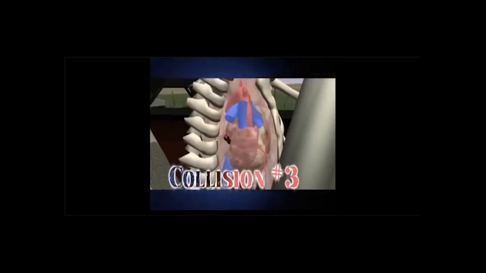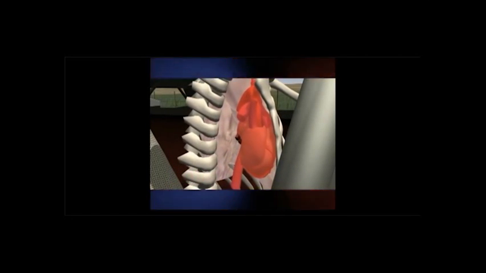The third collision is actually inside the body itself. Your heart, your lungs, your liver, your spleen, your brain continuing to travel at 60 miles an hour, and it slams up against the interior components of your body. And that's where you can sustain the internal damage that frequently results in the injuries and death that we see. The seatbelt is the difference between coming into the emergency room from the collision and walking out an hour later, or staying in the hospital for months, you know, and so it's frustrating because they don't have to be hurt